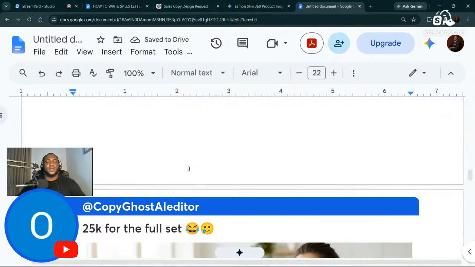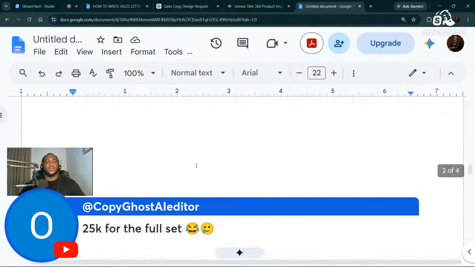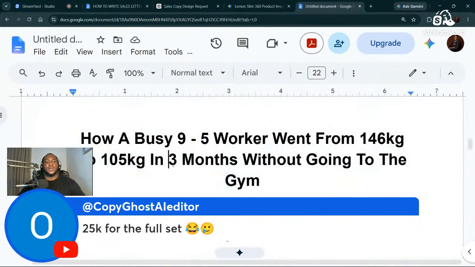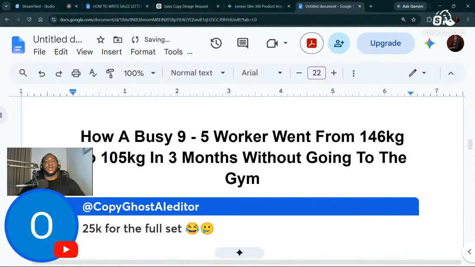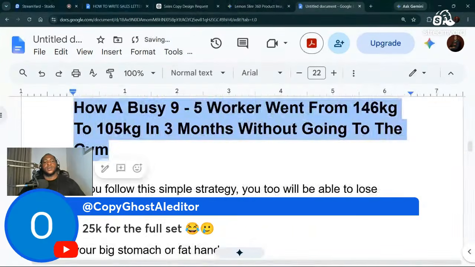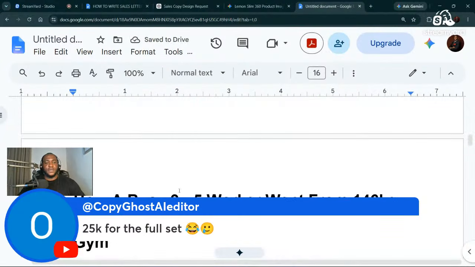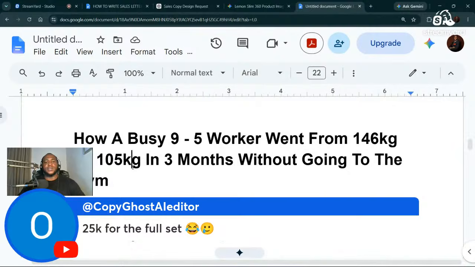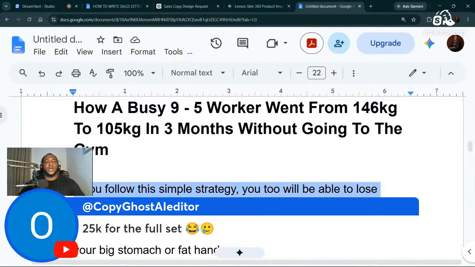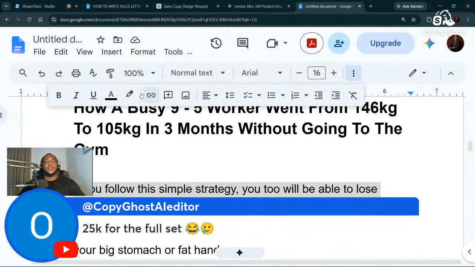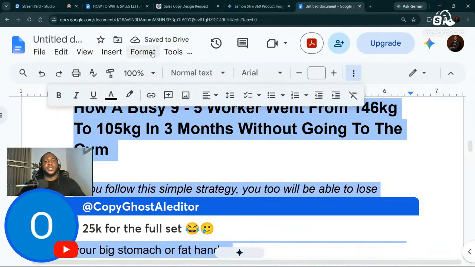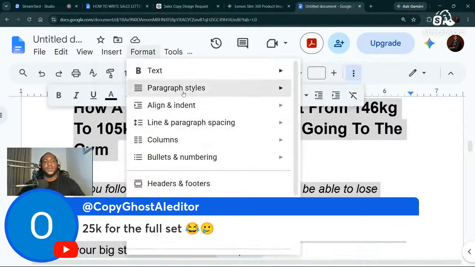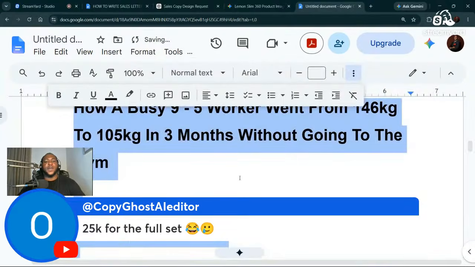Why is everything moving? Anyway, let's leave it like this. I don't know why everything is moving, but we leave it like this. You can still add a slant here. Then another thing I want to do for you guys is to increase the line spacing. I'll increase the line spacing to 1.5 so that it will be bigger.